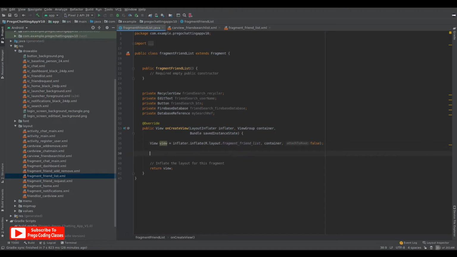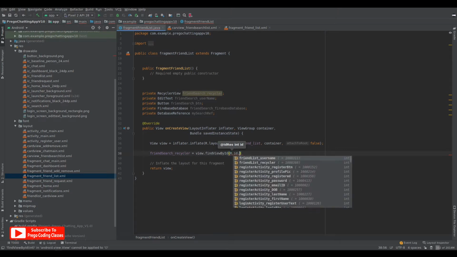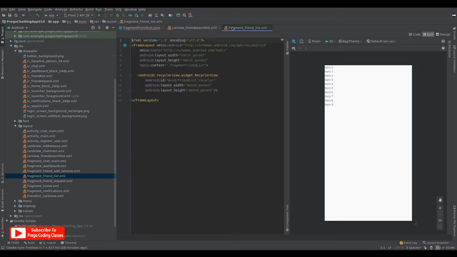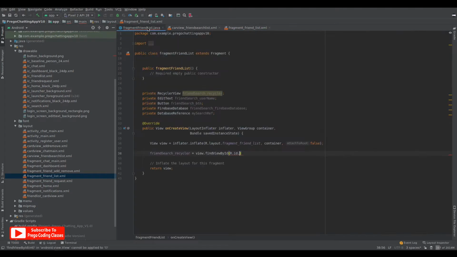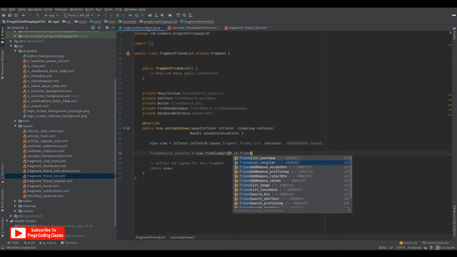So we'll say the recycler equals view dot find view by ID, r dot id dot, let's see what we assigned over here, friend list recycler. So we'll say friend list recycler,